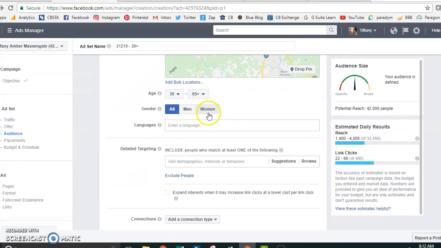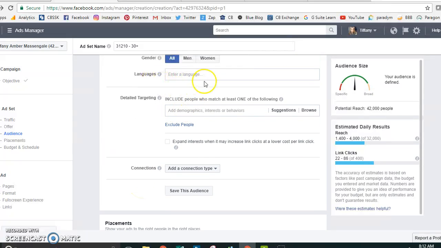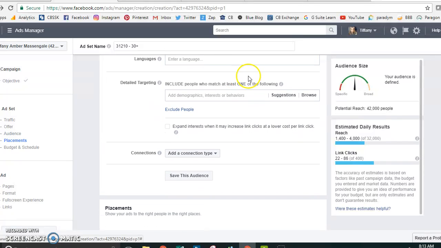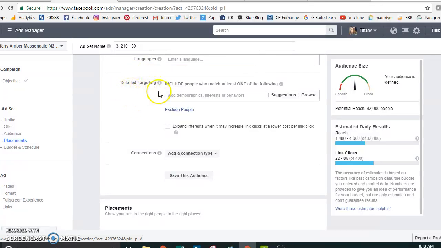Okay, you could just target women or men, but for real estate, I think it's good to target both. If there was a language that you specifically wanted to cater to, maybe you speak Spanish really well, maybe you would just want to specifically cater to Spanish speaking people. You could choose that. But what really gets interesting and what y'all have enjoyed the most is this detailed targeting,